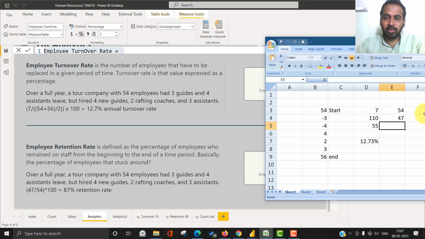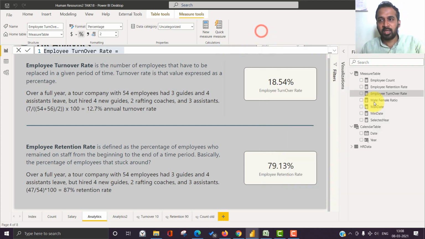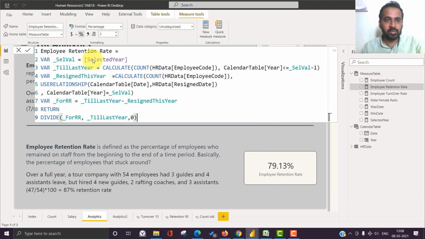So we need to divide those two, so it's 47 divided by 54. Converting to percentage, it's 87% of employees are staying in the company without leaving the company. That's simple, right?